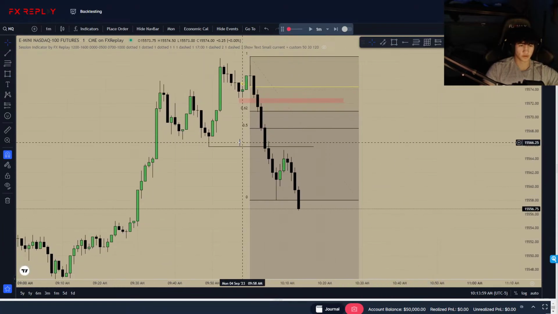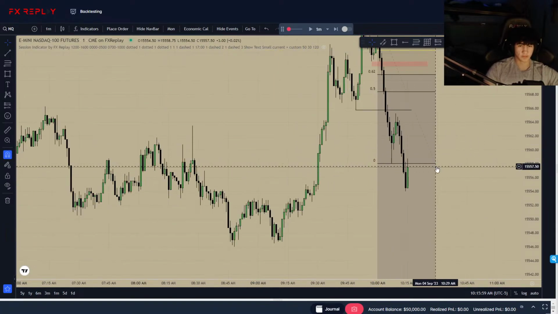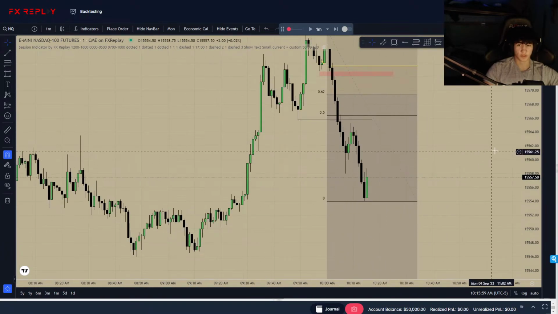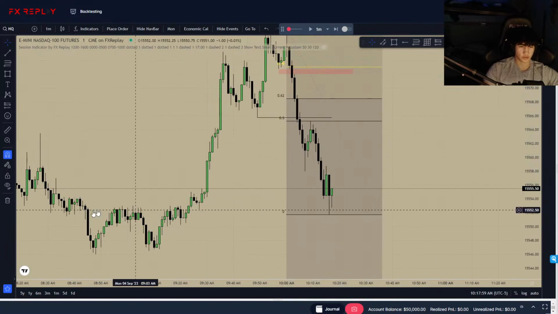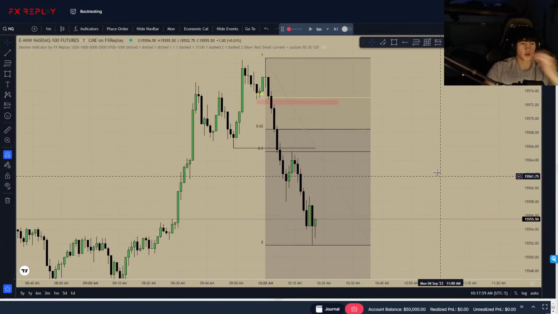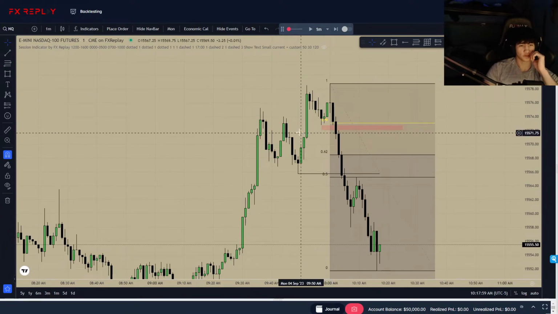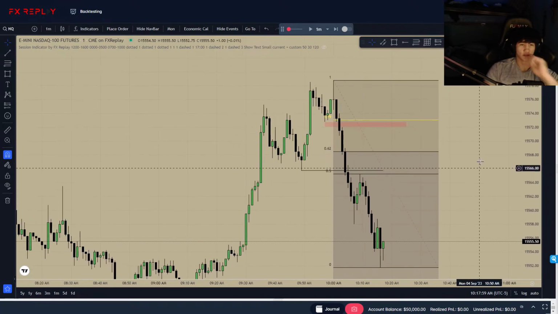If we displace straight through, wouldn't that be a BPR too? Yeah, you're right. But I don't think we're gonna be able to get tapped into it. I'm just gonna trail this, look for an OTE entry. But the sell model's already getting pushed through. And this is our return to original consolidation, so we kind of missed that move. We could have done better. There's not much we could have done. If we took an inversion play, we could have gone up here, but I feel like that'd be a little bit chasing.